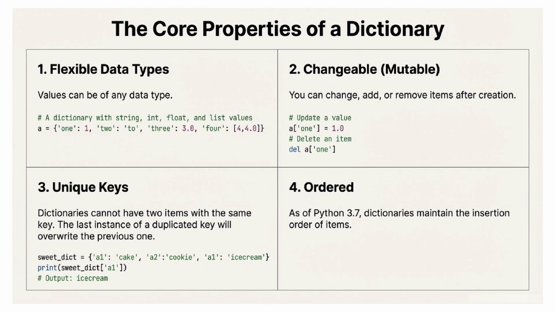If a key appears more than once, the last value overrides the earlier one. Finally, dictionaries are ordered as of Python 3.7, which means items maintain their insertion order. These properties explain why dictionaries are so powerful and why dictionary comprehension is such a valuable tool for transforming structured data